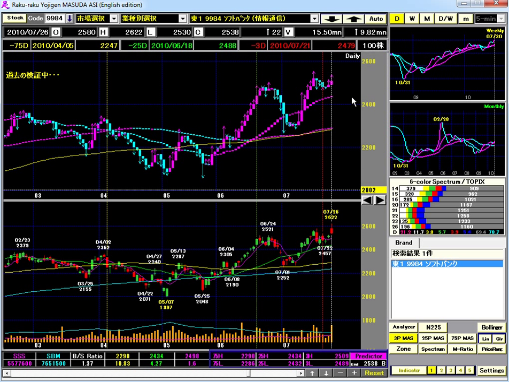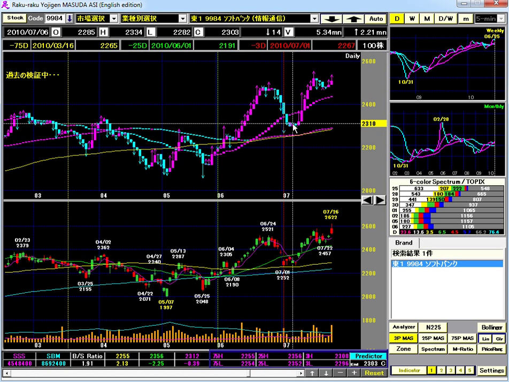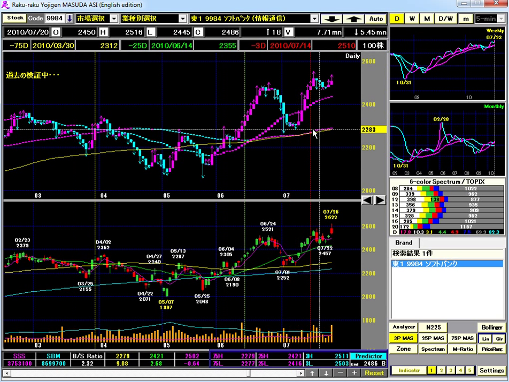So how could we have known that SoftBank was going to be this strong over the past few weeks or so? One other thing that we can look at as we were studying in the previous few lessons was the 6-color pattern classification and the 6-color spectrum. If we go back to here where we were on July 6th,